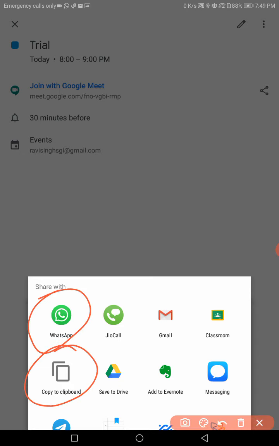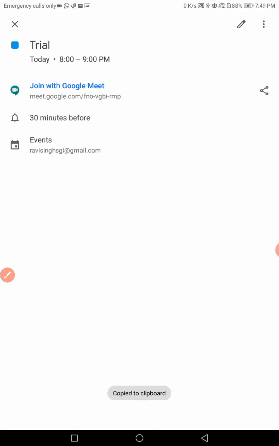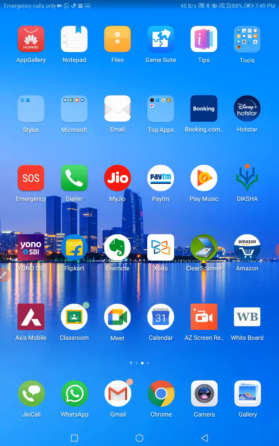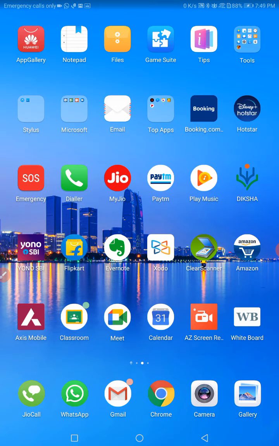You can share on the WhatsApp group, you can send it by email with the help of Gmail, and also you can save it into the Drive. After clicking copy to clipboard, you are seeing that copy to clipboard has been done. Now what you can do, you can go to any WhatsApp group and you can share this link to the